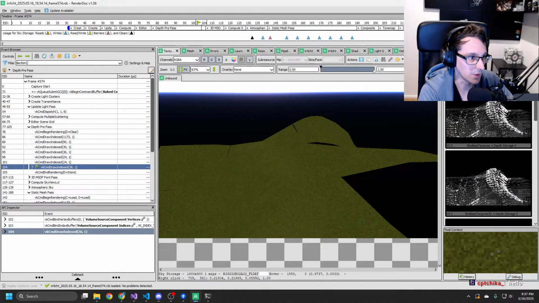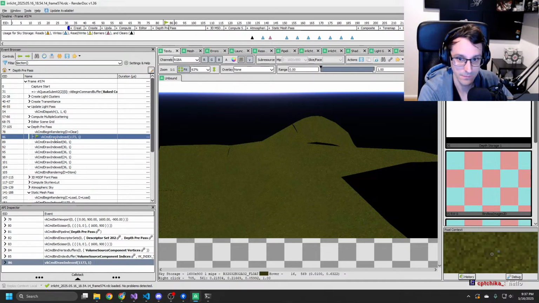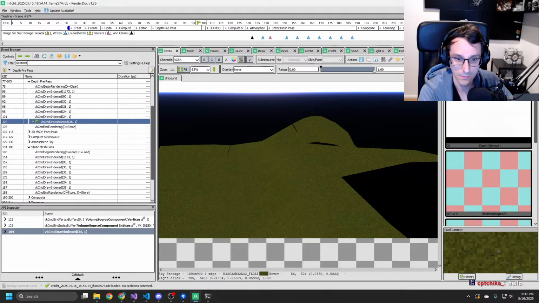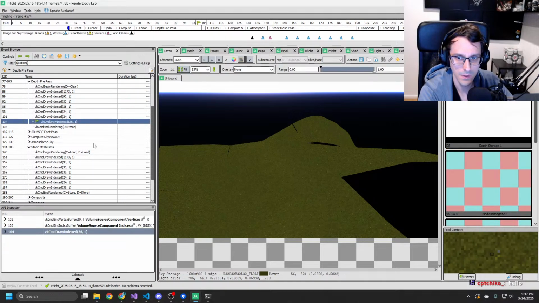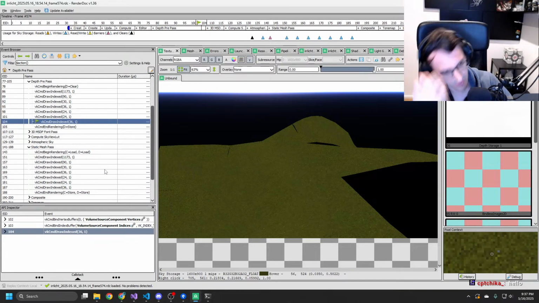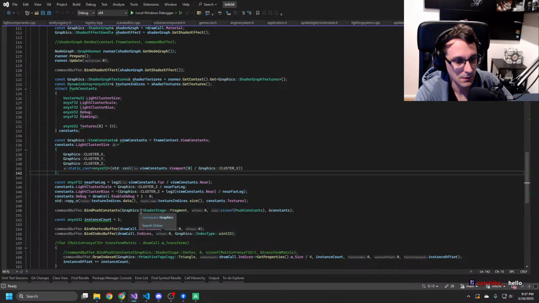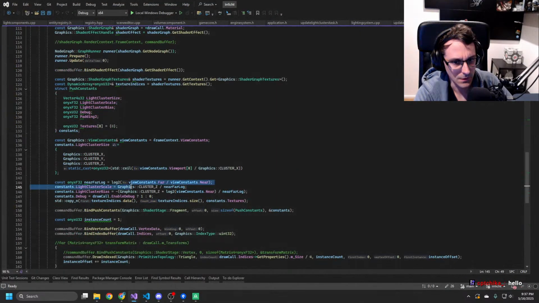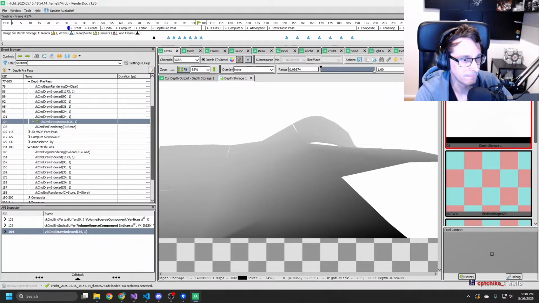I mean, okay, that looks pretty bad. Are we not writing depth values? And why are we not? Oh, maybe. Oh, we are writing depth values. Okay. I'm just stupid.